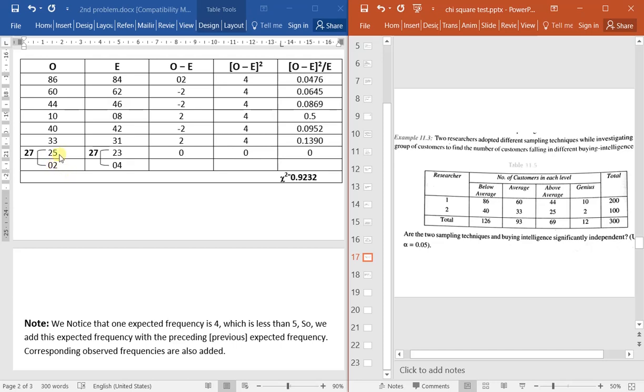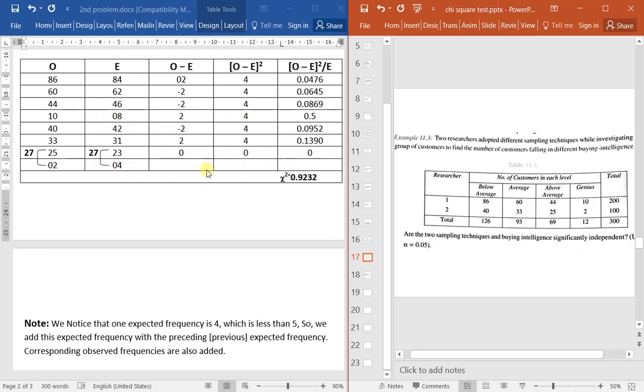You cannot leave this just like that, so you will have to make the same changes here. We are adding it to the previous number. For example, if you got a 4 here, instead of 8 this may be 3. You will add this 3 to the 46 to make it 49, and you add this 10 to the 44 to make it 54, and you delete this entire row. So here also we are doing the same thing.